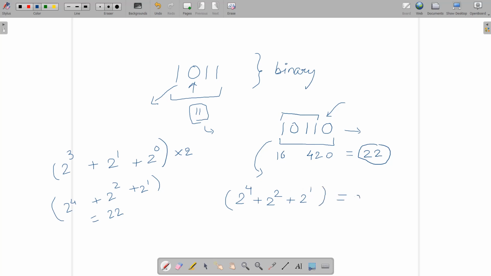This will be the actual decimal value. You can see that every 2 power value is multiplied by 2 with respect to the original number: 2 power 3 and 2 power 4, 2 power 1 and 2 power 2, 2 power 0 and 2 power 1.